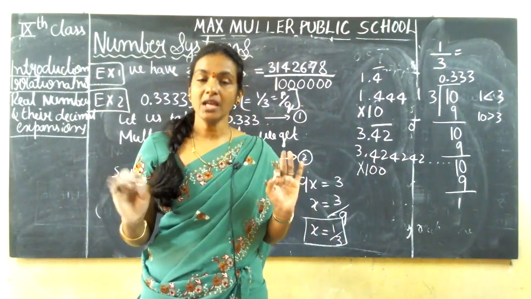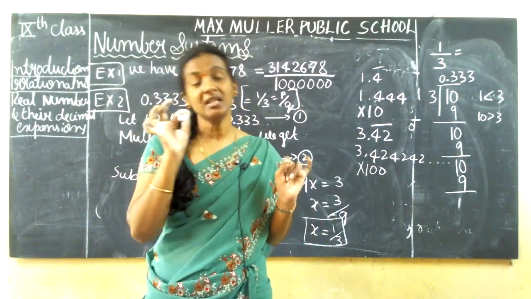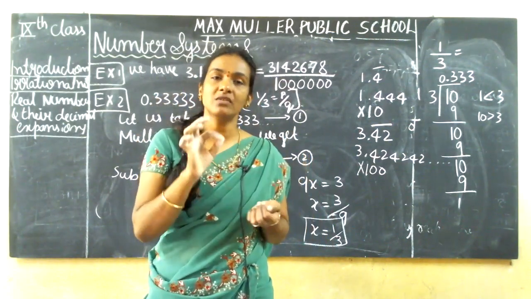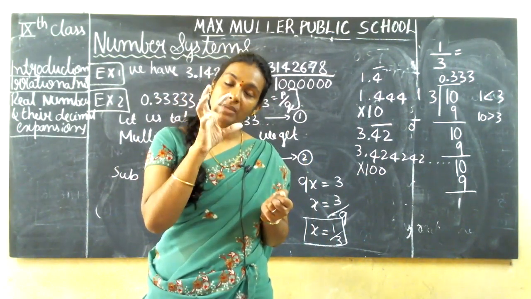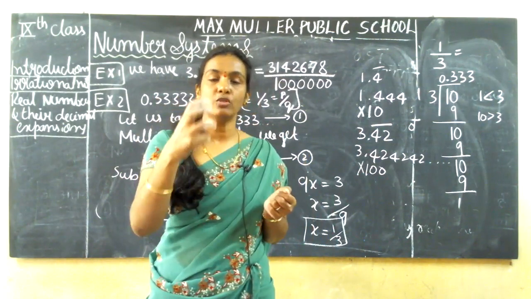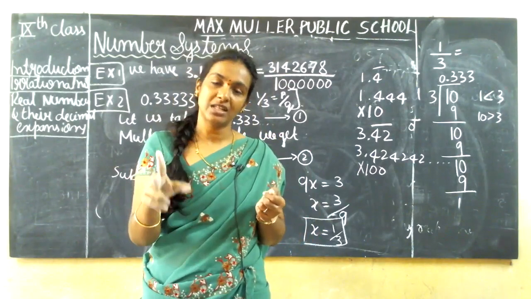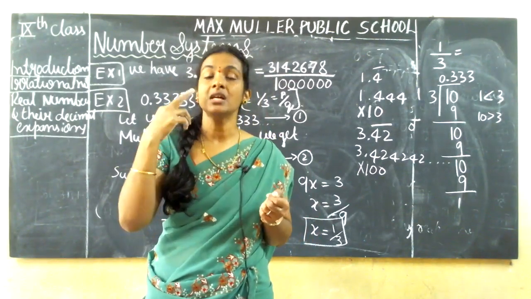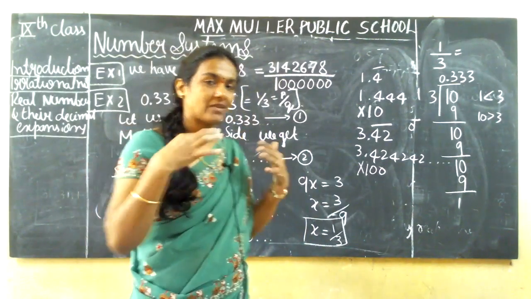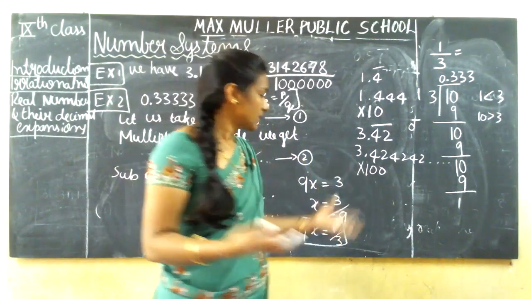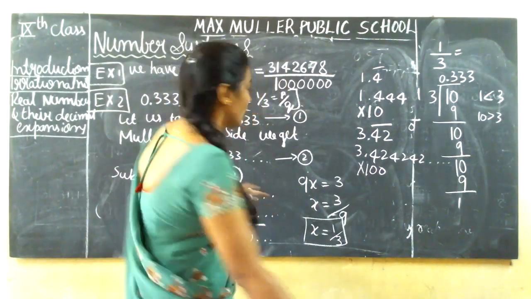Let me explain one more time, very simple. Whenever you get repeating numbers, recurring numbers, what you need to do here is see how many numbers are recurring, and that type of 10 raised to a power we have to multiply with. If one number is repeating, you multiply with 10. If two numbers are repeating, you multiply with 100. Finally, when you get the answer, you have to verify whether your answer is right. To check that, you can just divide and you will get this value. Clear? You can take one screenshot.